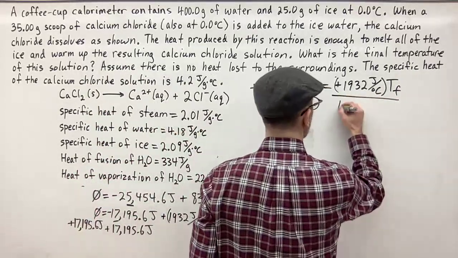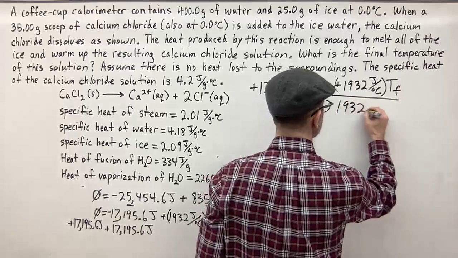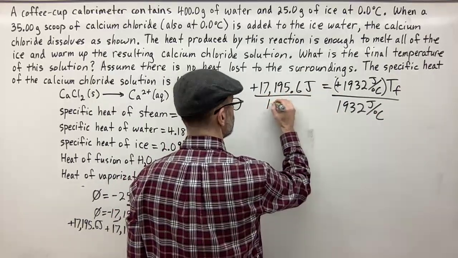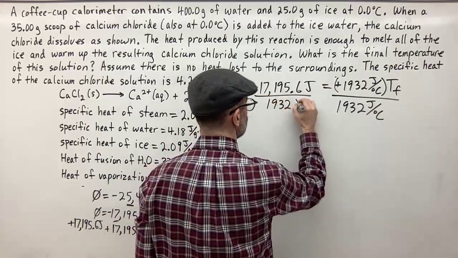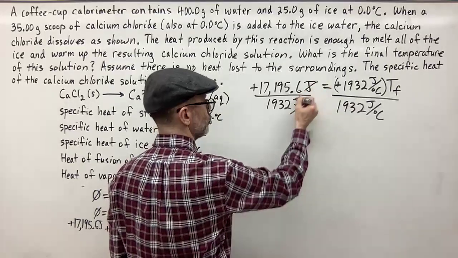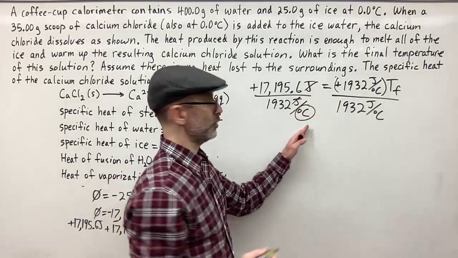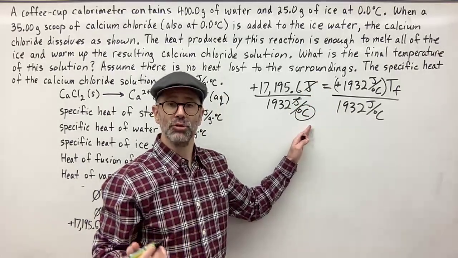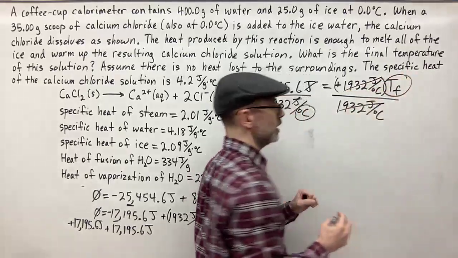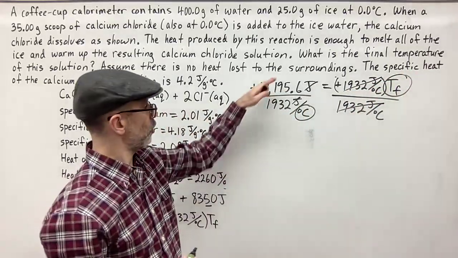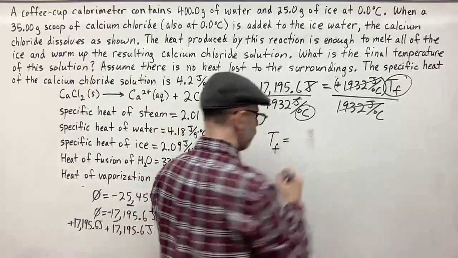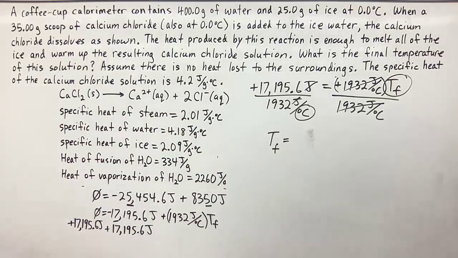Now all I need to do is divide both sides by 1,932. So 1,932 joules per degree Celsius divided by 1,932 joules per degree Celsius. Notice that the joules are going to cancel out, leaving me with degrees Celsius, which is a temperature unit, which is what I'm looking for, because notice this cancels out, leaving me with temperature, the final temperature. So all I need to do is divide these, and when I do, the final temperature is